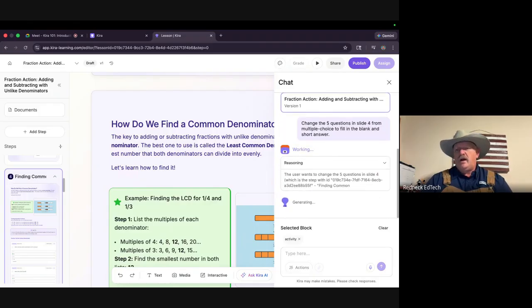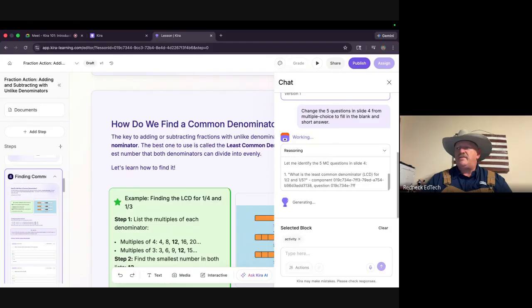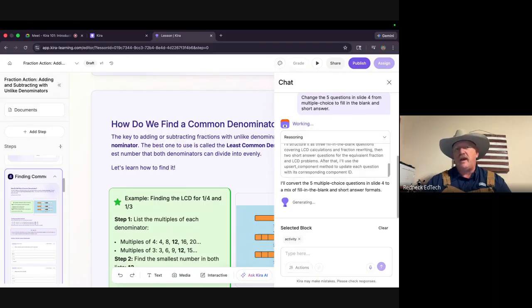Now, I understand that you've created this lesson, but you need to understand that this lesson is fluid. Even though it's being stored in the library in Kira, you can change it every time before you assign a new lesson. It is completely and totally up to you how you assign these lessons and what you do with them in the process. Now, let's kick it up another notch.